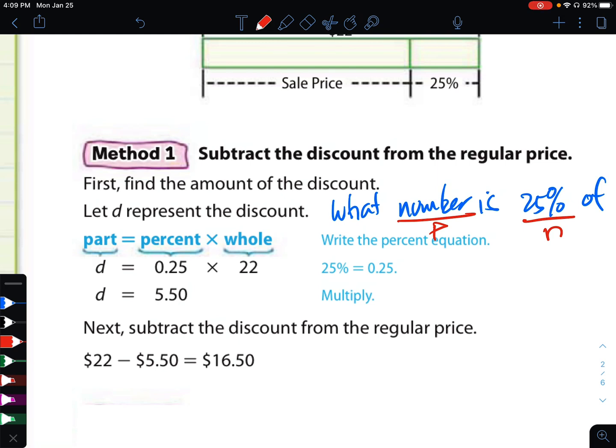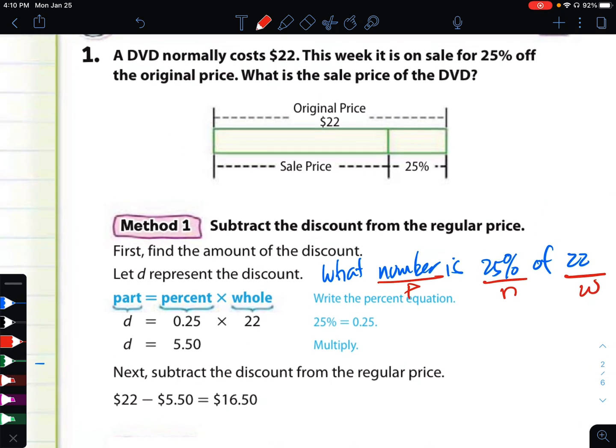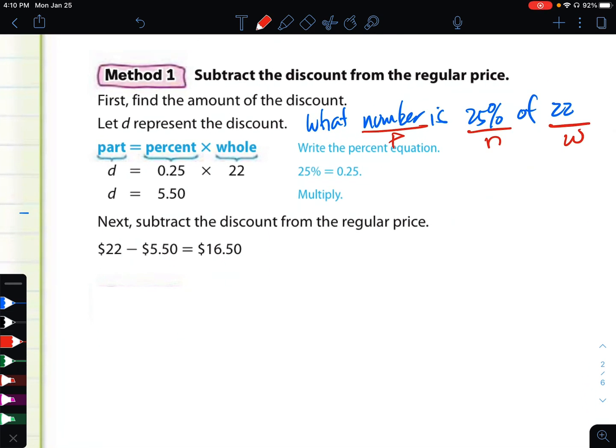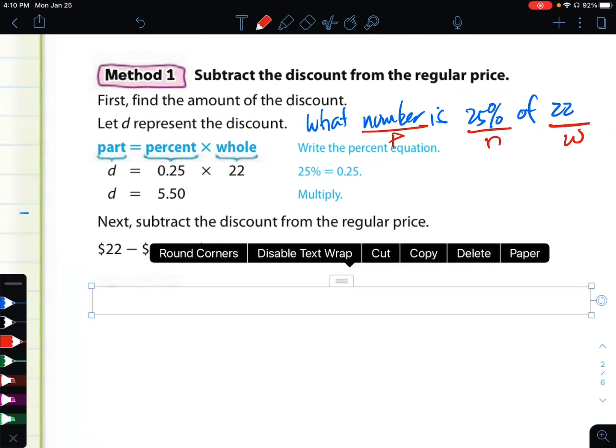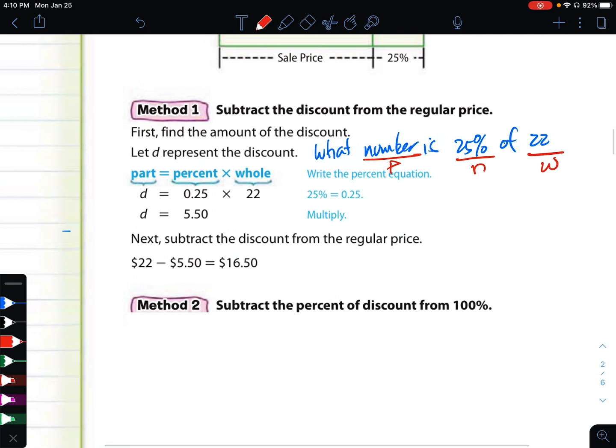So the discounted price, or the sales price in this case, becomes $16.50. Let's take a look at method number two. In method number two, all we need to do is subtract the percent from 100%, like what we did in the example